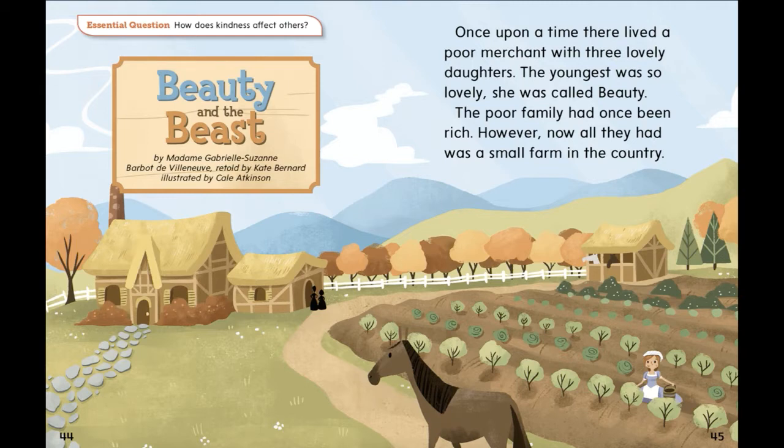As I read the beginning of the story, I notice the author takes time to introduce the setting, or where the story takes place. The last sentence and the illustration give details about the setting. The last sentence says, they live on a small farm in the country. And as we look on the illustration, we can see that the small farm has a little house, some trees, a horse, and some fields. We will continue to look at the illustrations and listen for details in the story to see if the setting